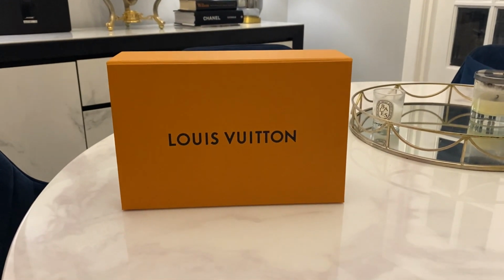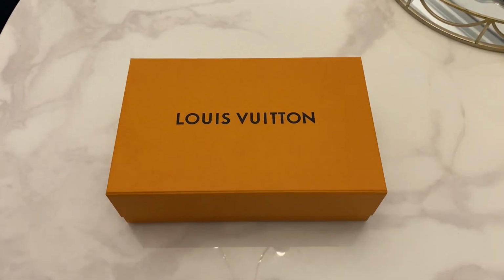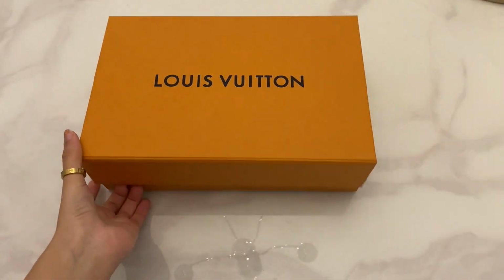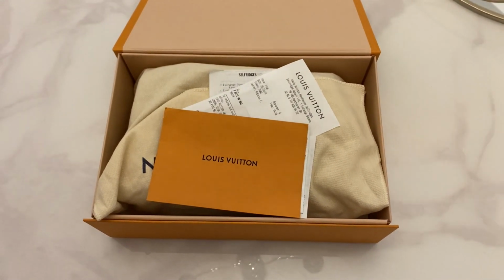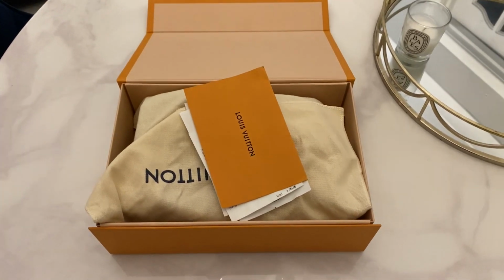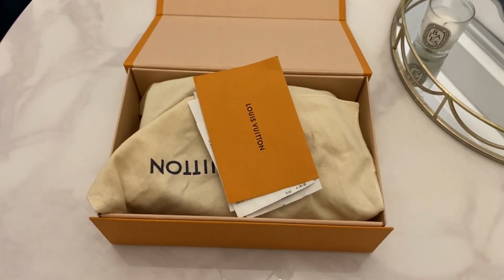Today I'm going to be filming the LV Petite Malle handbag. So this is what the box looks like. It just comes in a normal orange standard box, and then when you open it, this is what the inside looks like. I've already opened it, so I've already taken the ribbons off and stuff like that. So this is what the box looks like, and then once you've opened it, the receipt will just come in